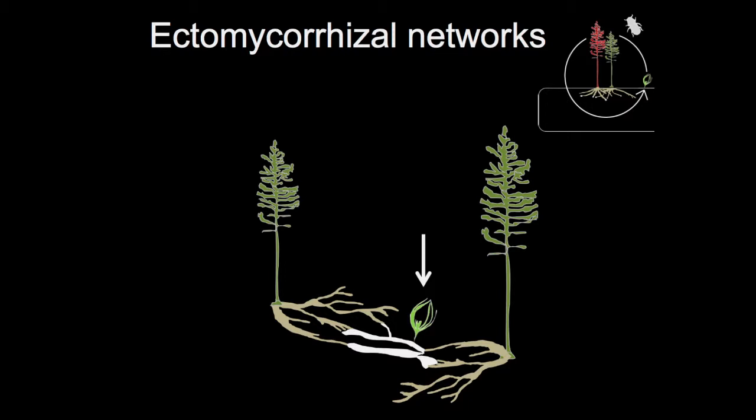Seedlings really benefit from this. When you think about a living forest, before mountain pine beetle comes in, these large overstory trees are really important to the integrity and functioning of this network. What we're interested in is what happens when you start to lose these trees through mountain pine beetle attack. What happens to the network?